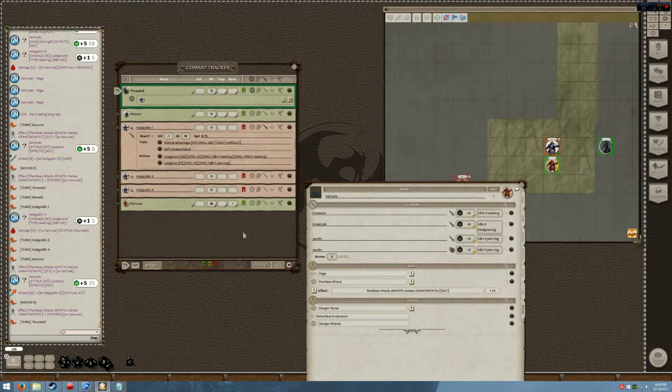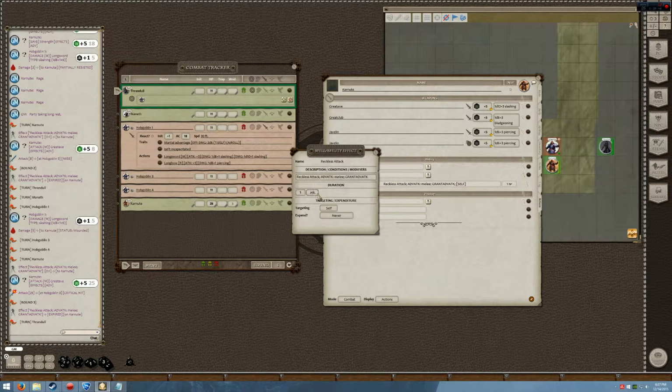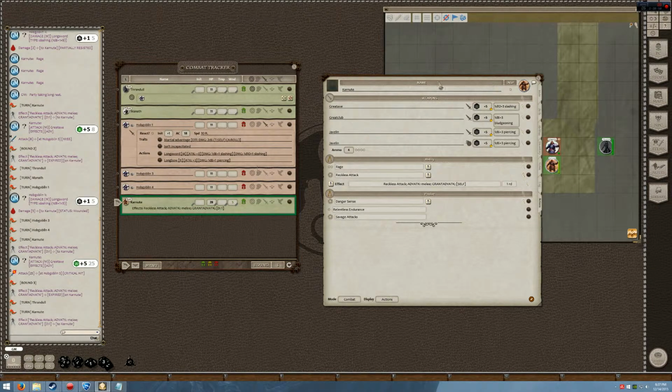I'll have to look into that, but it should last until the beginning of your next turn, and it's going away at the end of the round instead. Huh. I wonder if I do turn, if it'll change it. Maybe I have it set up wrong. Minute, hour, day, round. No, it should be round. I don't know, I'll have to look into that. It's kind of weird. I thought it was working the other day. So then...